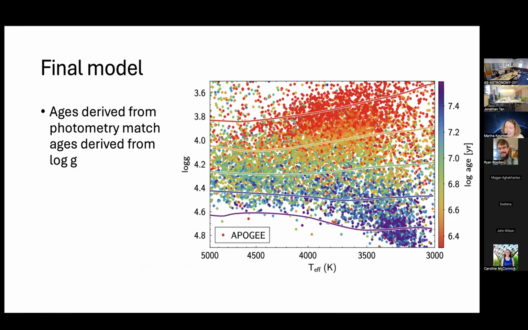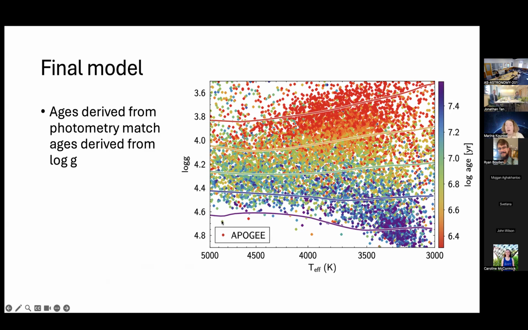And so after several of these iterations of different models, this is what we have been able to come up with. So here we have temperature and surface gravities for pre-main sequence stars that we have been able to extract using our models. All of these sources are color-coded by their photometrically derived ages. So the photometrically derived ages were just derived from colors and magnitudes, nothing to do with spectrum. And the model has been able to derive surface gravity just from the spectra without relying on the photometry or anything else. And these lines are the